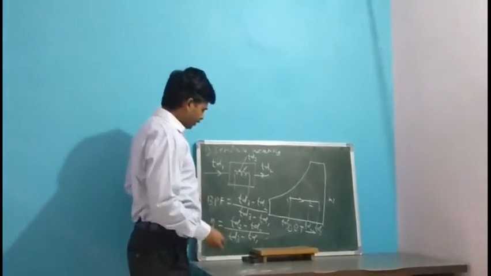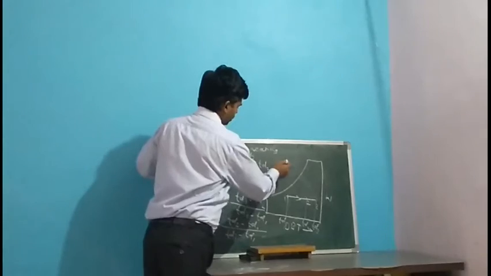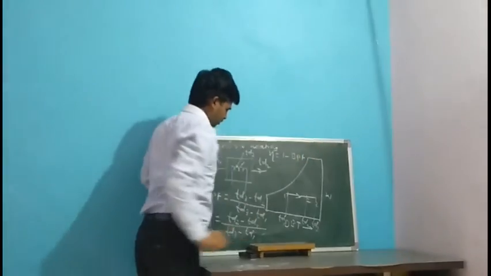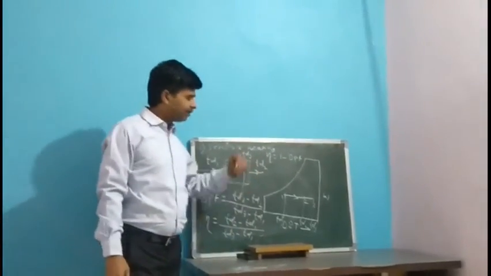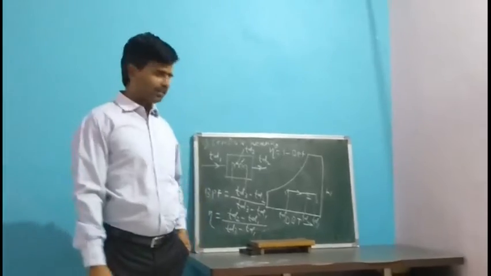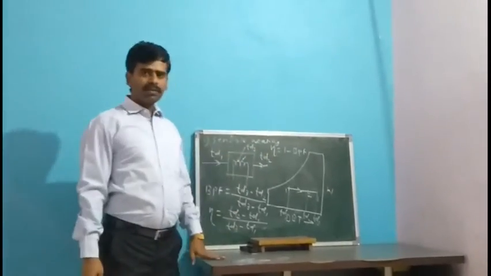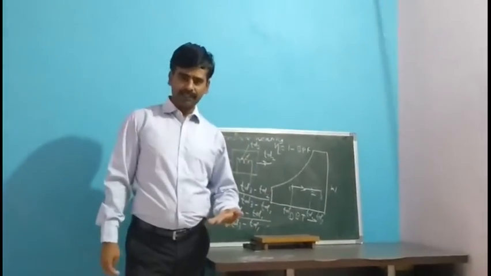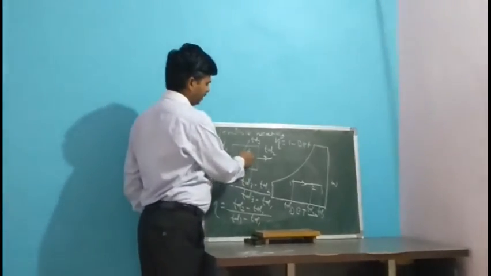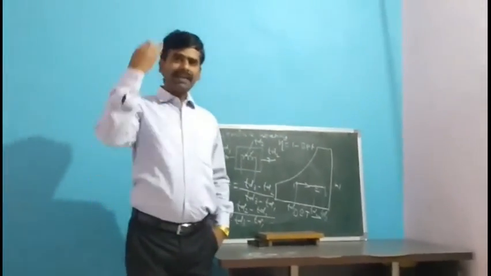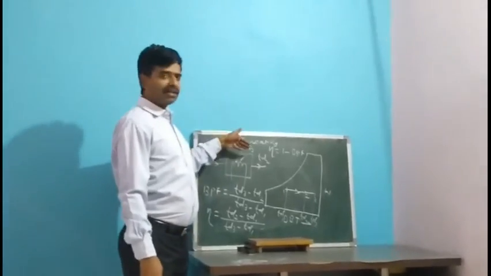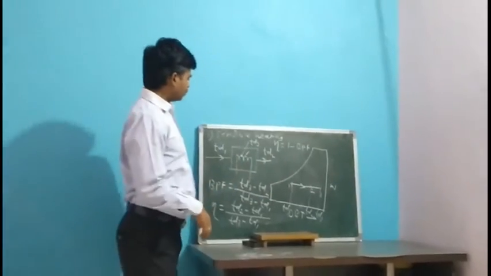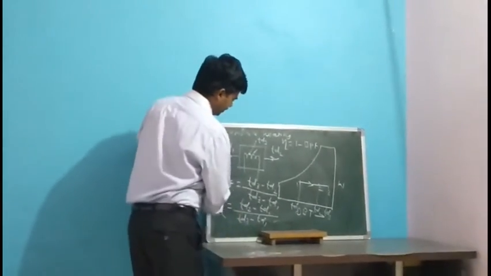So in short, we can also write that efficiency is equal to 1 minus bypass factor. Using these two equations, we can write that efficiency is equal to 1 minus bypass factor. Now if the bypass factor in this case is 0.2, then the efficiency of the coil is 80%. It means whatever amount of heat is available in the coil, 80% of that heat gets transferred to the air when it is passing over it.